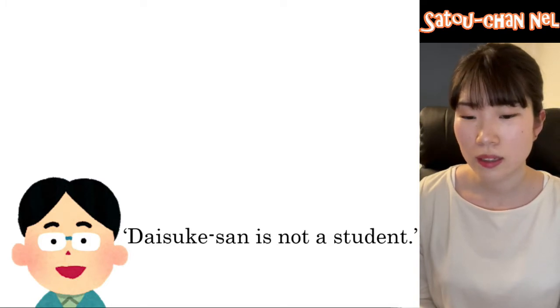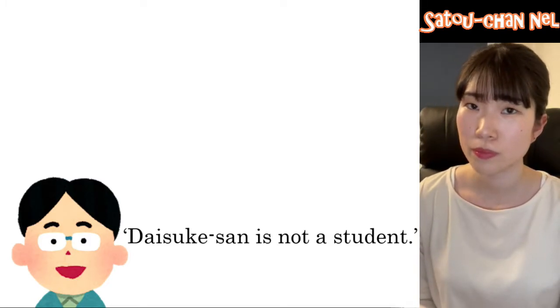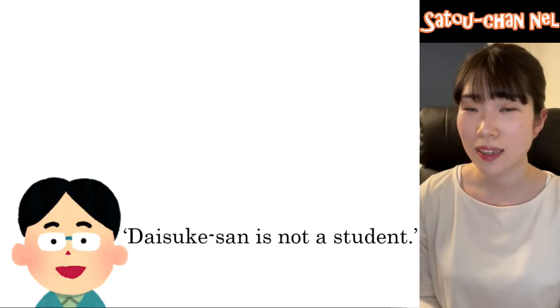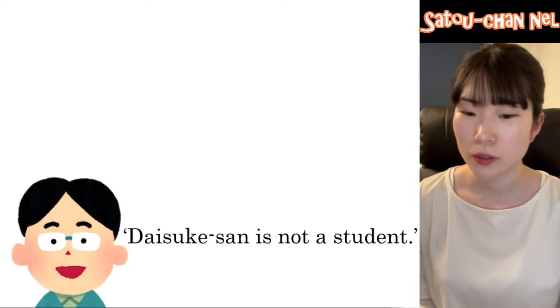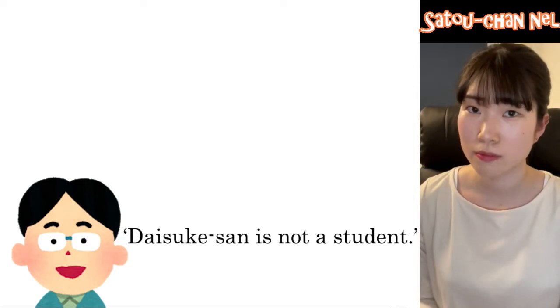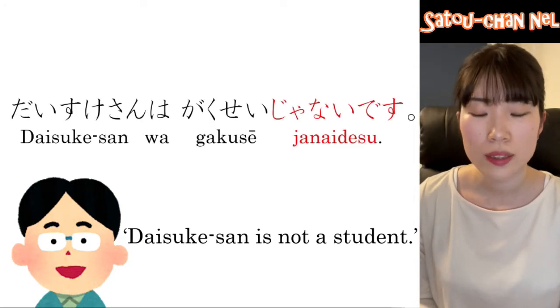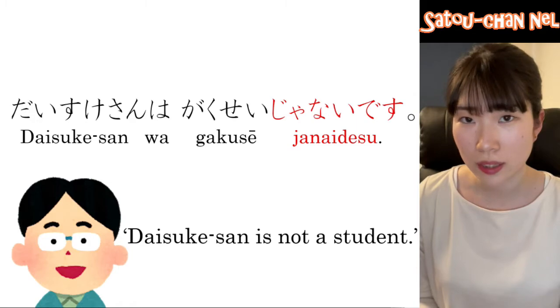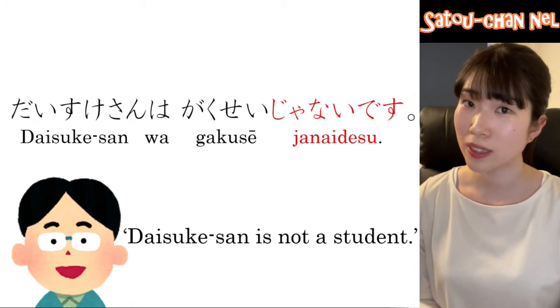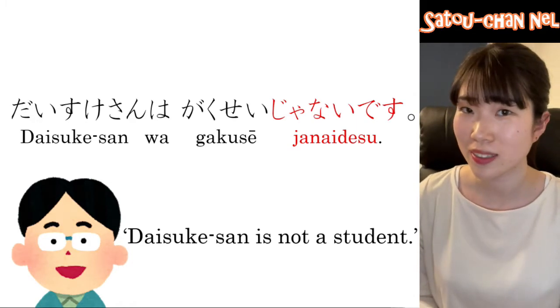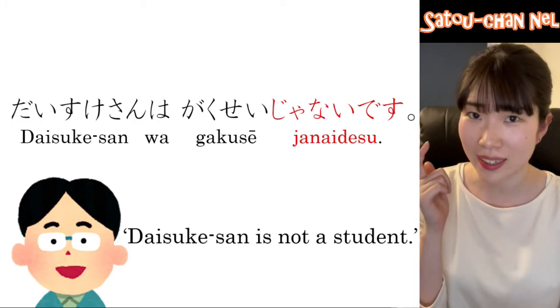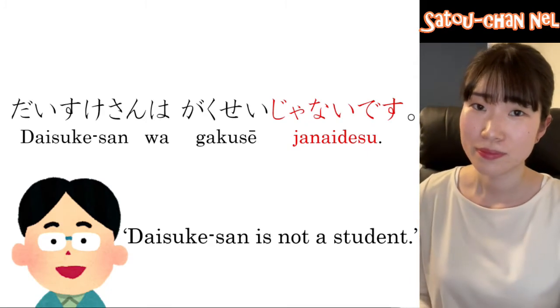大輔さん is not a student. How do you say student in Japanese? 学生 student. So he is not a student. 大輔さんは学生じゃないです。It's really easy to make this negative sentence. Just じゃないです。Please remember this sound. じゃないです。